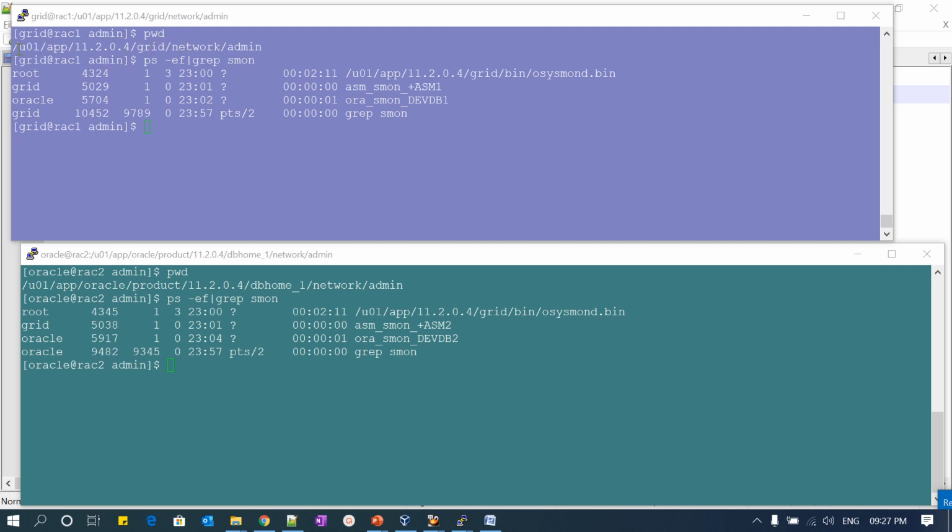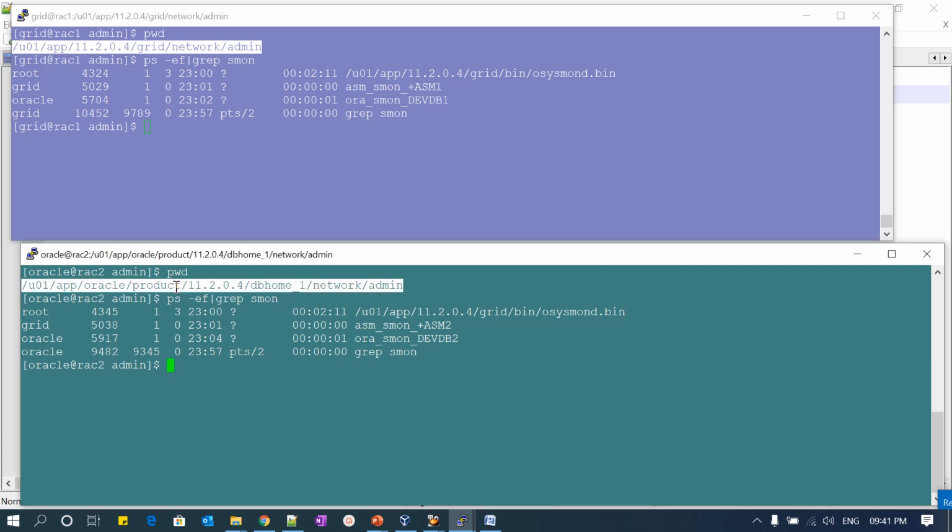If you see here, on node 1 I logged into grid Oracle home, and on node 2 I logged into my Oracle home. Both are okay. This is my grid TNS_ADMIN location, and this is my Oracle TNS admin location.